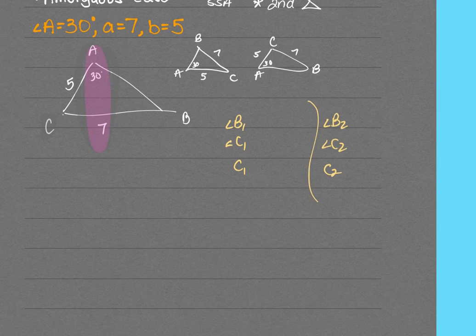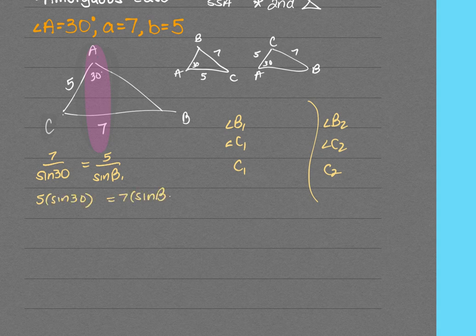All right, so now I'm going to find B. So I'm going to do A, which is 7, over the sine of A, which is 30, equals B, which is 5, over the sine of angle B1. I cross multiply: 5 times the sine of 30 equals 7 times the sine of B1, and I divide both sides by 7. So 5 sine 30 divided by 7 gives me sine of B1 is 0.357, so on and so forth. I'm not going to round it. I'm going to use second sine, second answer, so I keep it as accurate as possible. I get B1 is